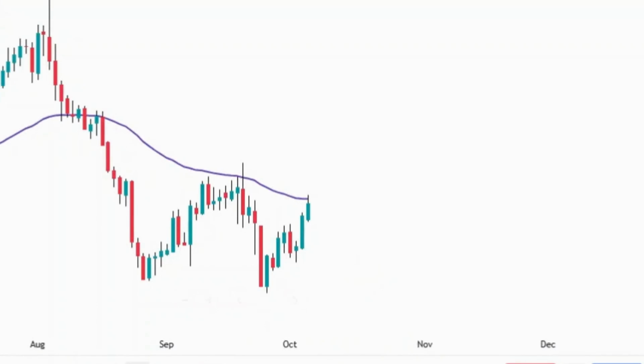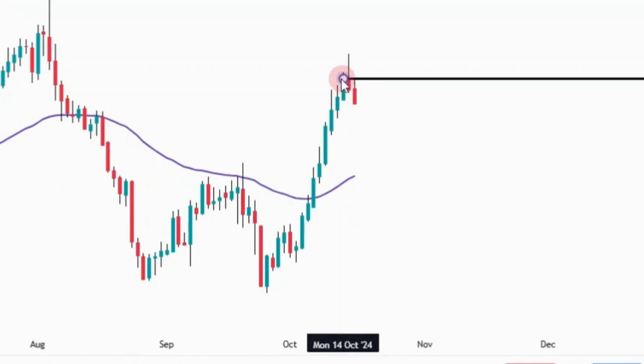Now let's walk through a few real trade scenarios so you can see how this strategy plays out in the market. In this case, price had been trending steadily below the 50 EMA for a while. Then we saw a strong break and close above the EMA, signaling a potential shift in momentum. Right after that, the market gave us 2 clear pullback candles, both red and back-to-back, without dipping below the 50